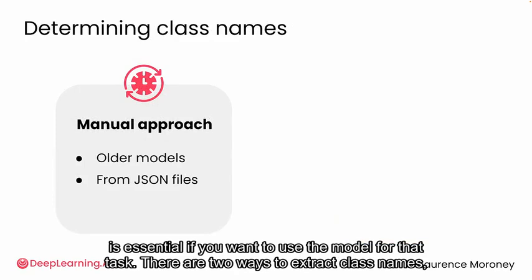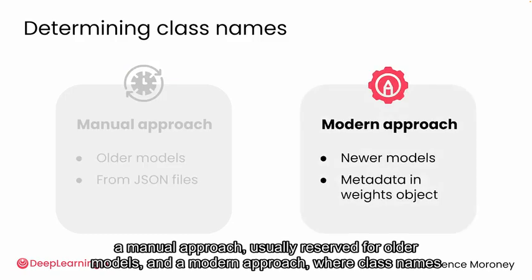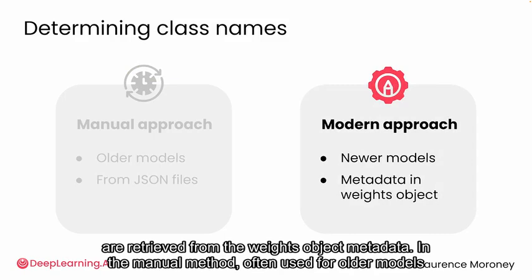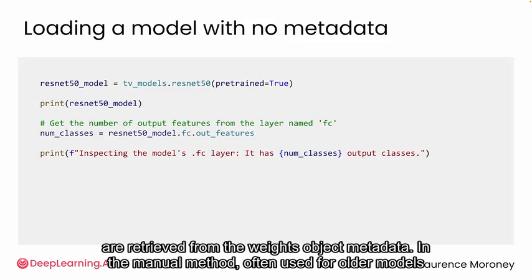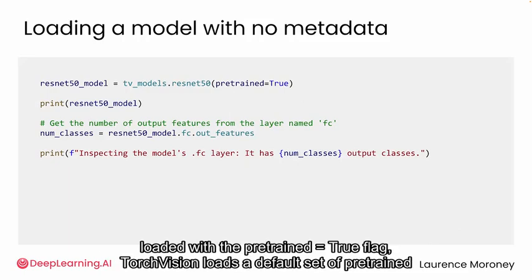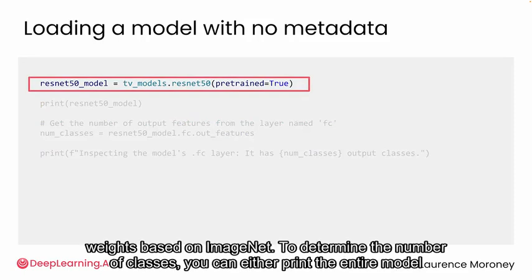There are two ways to extract class names: a manual approach, usually reserved for older models, and a modern approach, where class names are retrieved from the weights object metadata. In the manual method, often used for older models loaded with the pre-trained equals true flag, Torch Vision loads a default set of pre-trained weights based on